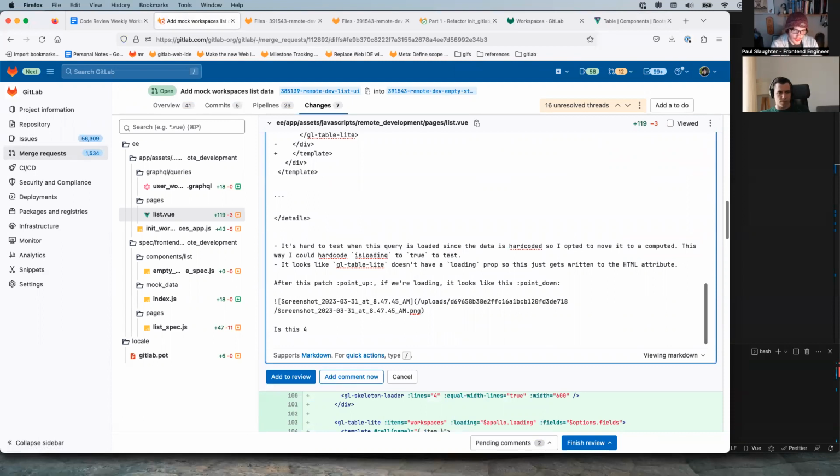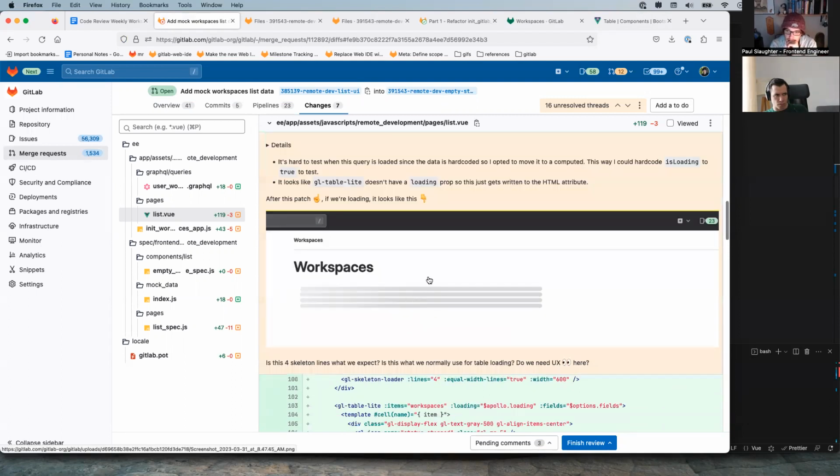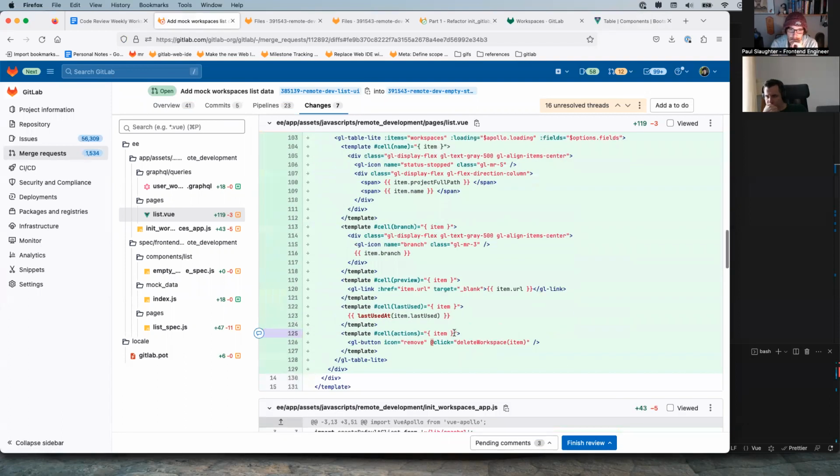Is this for skeleton lines what we expect? Is this what we normally use for table loading? Do we need UX here? That's my question. Does that sound good? Okay, cool.